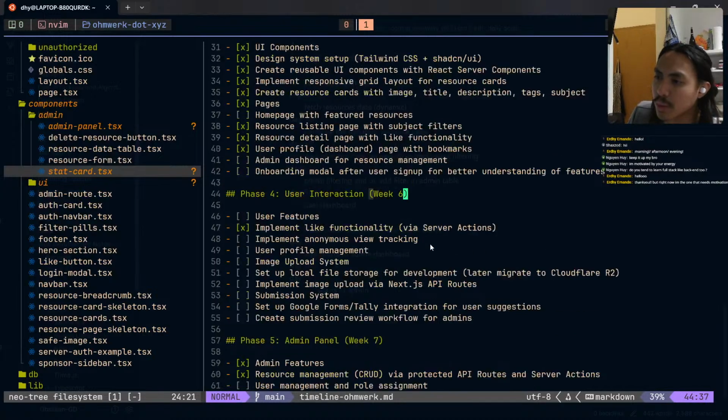The onboarding modal, like when users sign up the first time, a modal would pop up and say, oh, welcome to this. Just like what we just tried, when a user signs up, it's just straight in. Even though it's pretty straightforward, this website's just a list of resources. So